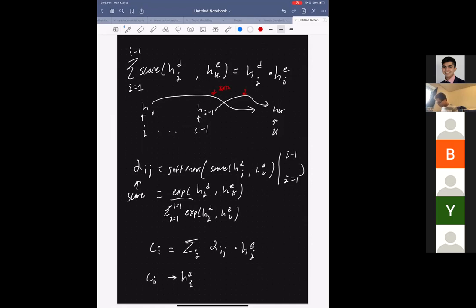Or sorry. I think I flipped some of the E's and the D's, but in any case, the context is computed on the encoder states, and then we feed the context into the decoder state. The idea is that the context squishes all of the encodings together to get a weighted average encoding state, weighted across all of the different encoding states that we've seen so far. And then we pass that context into the decoder state along with maybe the previous answer, right? And then that helps us create our new state. Hold on, let me just